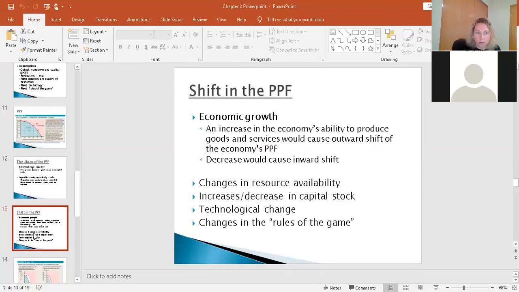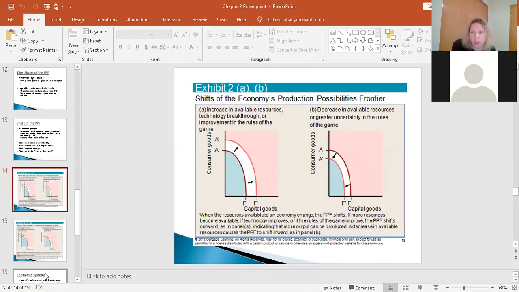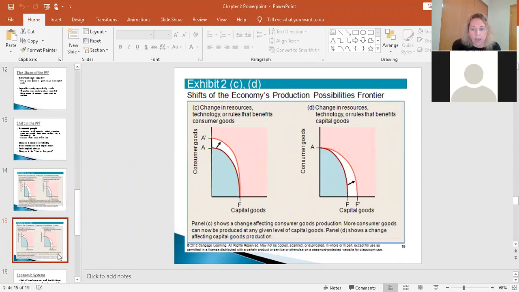All right, so let's look at some examples of shifts here. This is simply just the visual representation of what we just talked about, okay? So here you see the PPF shifting upward and outward, which is what we typically do see here in the US, and the different reasons above it why we might see that happen. Decrease, second graph, again, it's just the visual of what we already talked about. But here's the interesting thing. This is just really a segue to the next slide. And the next slide is